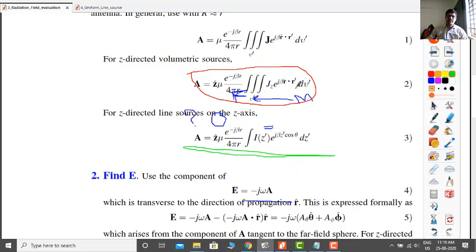So you need to memorize equation 2, that is N and F. Once you memorize equation 2, you can get equation 3. The only difference is that the double integral of J_z becomes I of z here, and r cap dot r prime, the dot product of two position vectors, becomes, since r cap has magnitude 1, r prime cos theta.